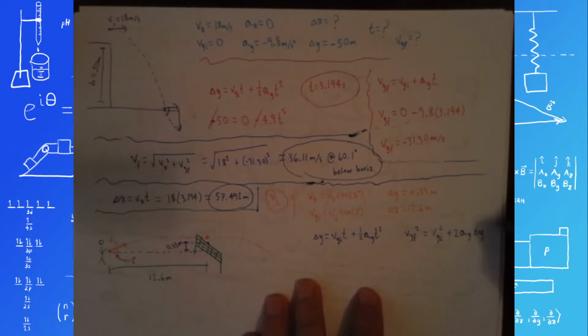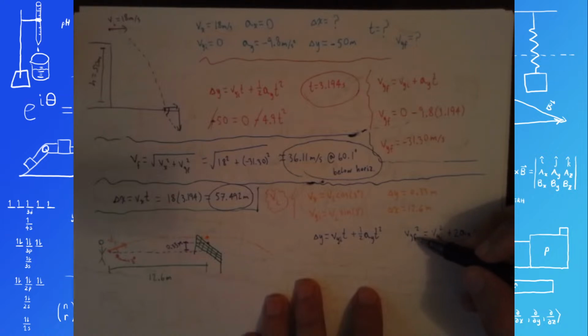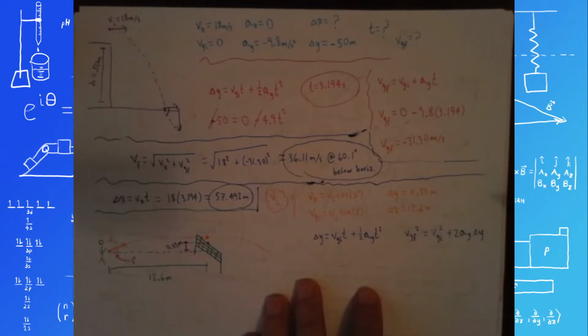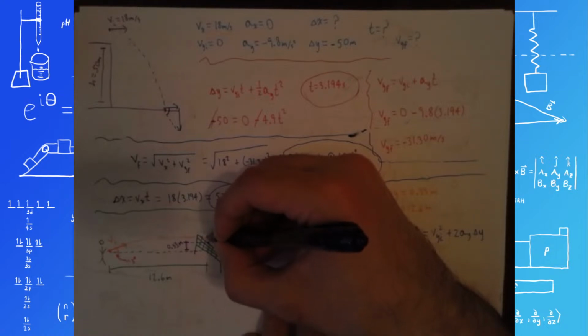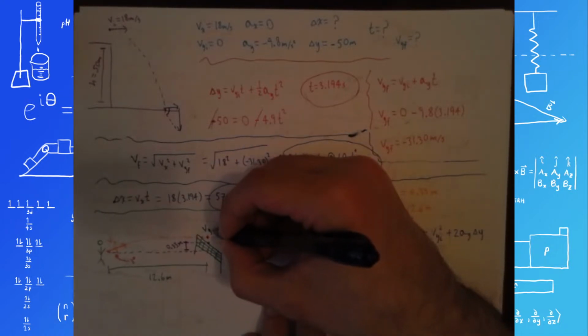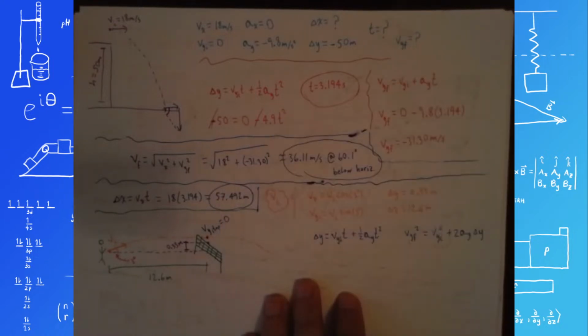I know my delta y is 0.33. I know my acceleration is negative 9.8. I don't know my Vy initial yet. I do know my Vy final is going to be 0 over here. If it's at the apex of its trajectory, then Vy at the top here is 0. Oh, then I guess we don't actually have to. Okay, I guess